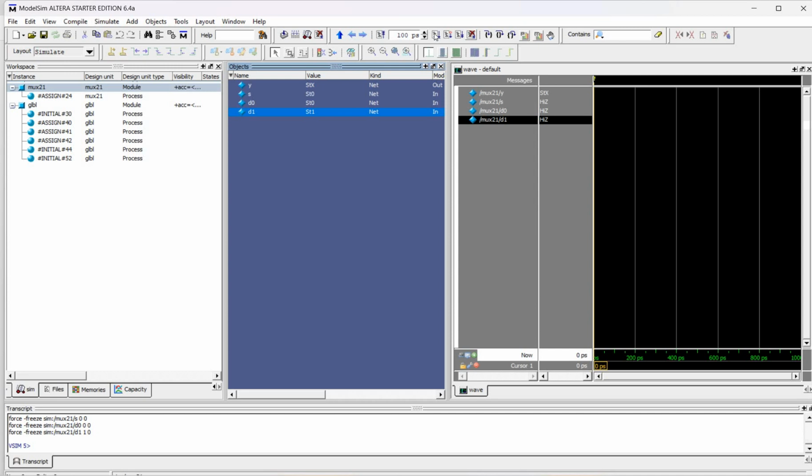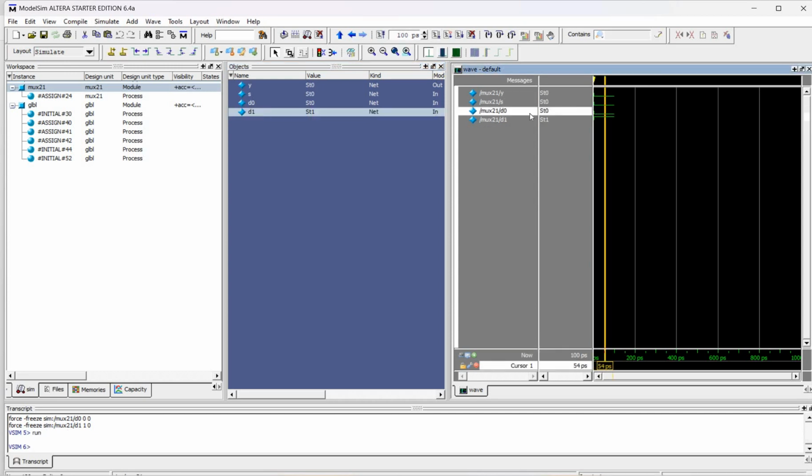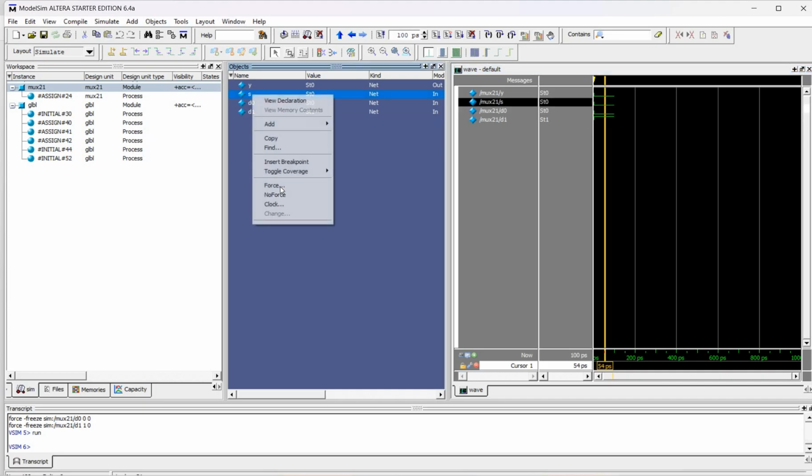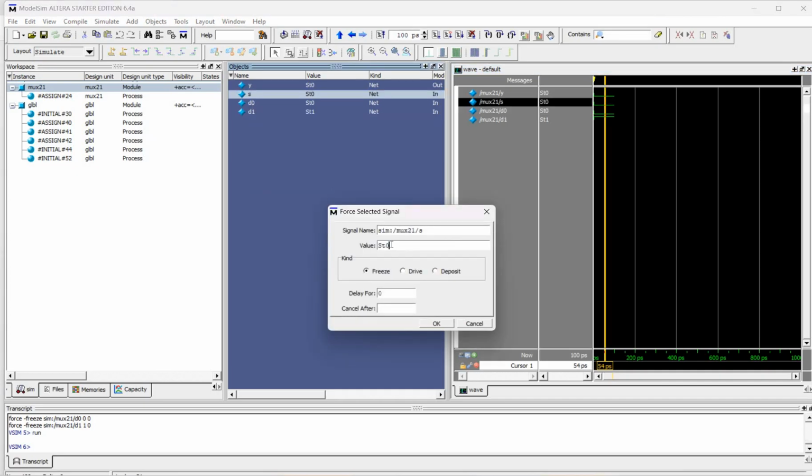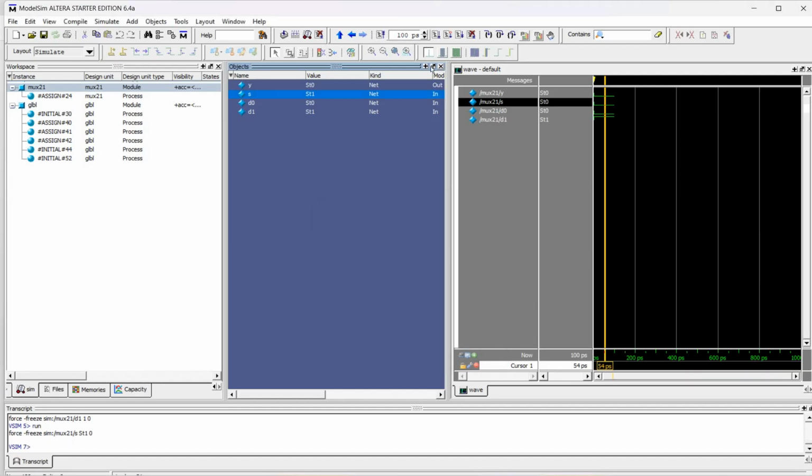When we run the program, we get whatever is there in d0 in y, since s is equal to 0. When I keep s equal to 1, whatever is there in